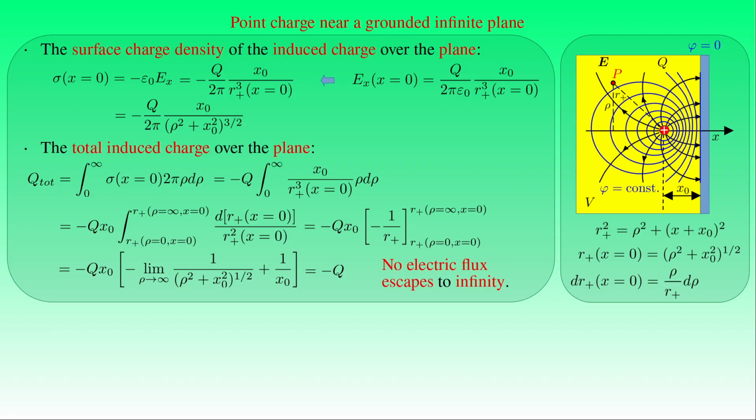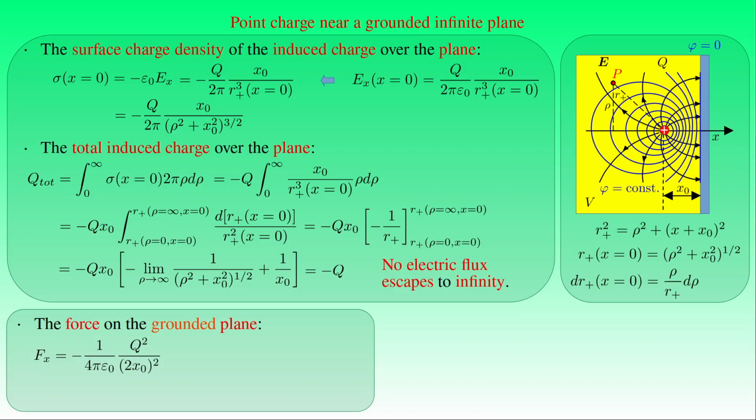Since the induced charge is equal to the image charge, the electrostatic force exerted on the grounded planar surface can be derived from Coulomb's law, where the force F between the inducing charge and the image charge located on the x-axis at the distance 2 times x0 from each other is equal to minus 1 over 4 pi times epsilon naught, times q squared over the square of 2 times x0. The force points from the image charge, or the plane, towards the inducing charge q. Then the Coulomb force F parallel with the x-axis can be written as minus q squared over 16 pi times epsilon